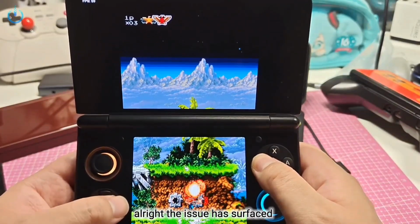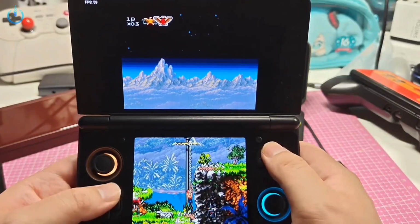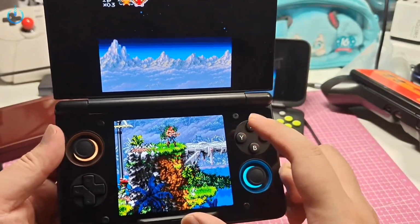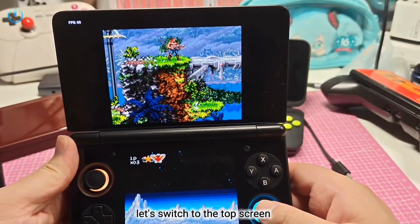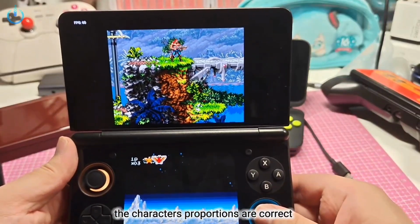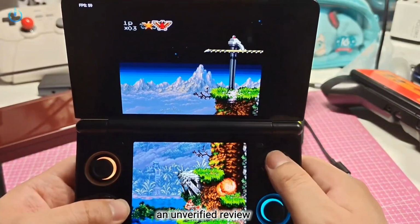Alright, the issue has surfaced. Didn't you observe that the bottom screen appears somewhat stretched vertically? If the bottom screen fills the display, the entire character gets squashed. Why do I say that? Let's switch to the top screen. This is the normal 4:3 ratio. The character's proportions are correct. But on the bottom screen, hey, he's stretched out, flattened. Then the comments will say, oh, this is totally an unverified review. Alright,